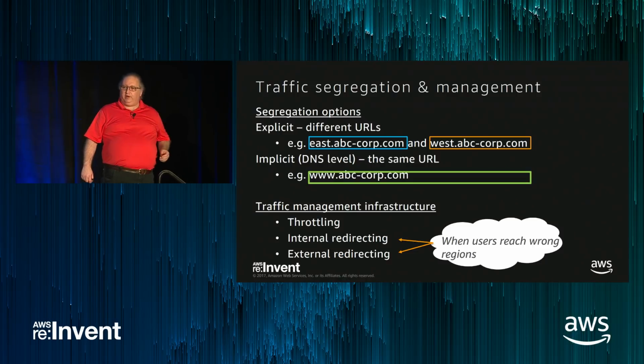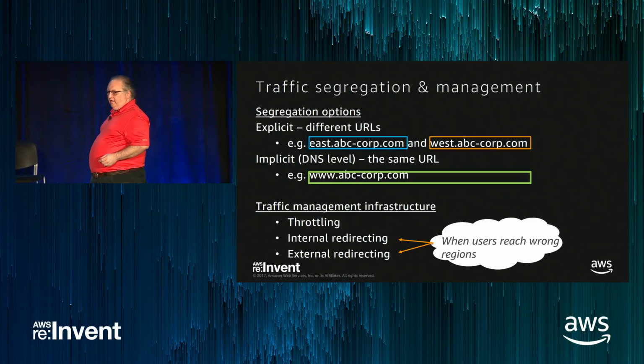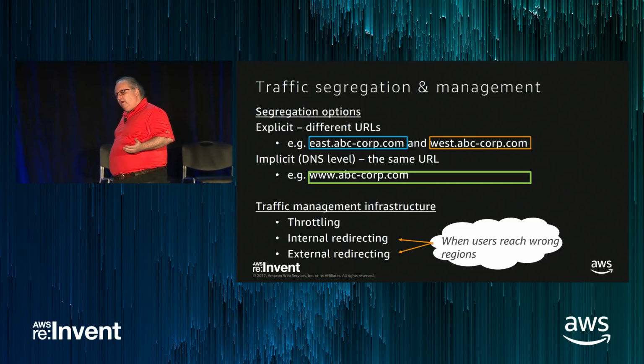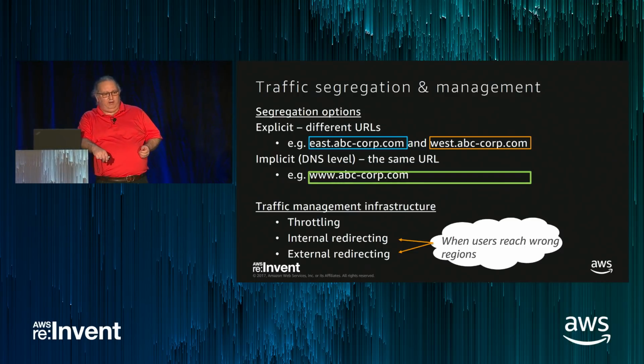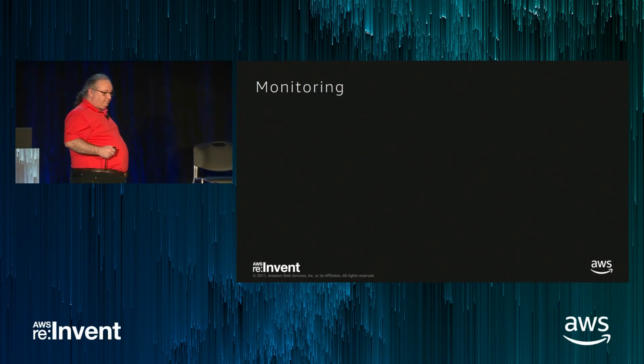I'll give an example of a ride-sharing service that I use frequently, and I live in Portland, Oregon. And they have a couple of places that they have regions that they're running this in. And I always end up logging through Portland. Now, what if I happen to be in Miami that day? Still logs through Portland. Is that a little bit inefficient? Yeah, but I'm using a mobile device. Am I going to notice as an end user on a mobile device a few hundred extra milliseconds? Probably not. So for that, it's the wrong region, but it's okay. So again, things to think about.